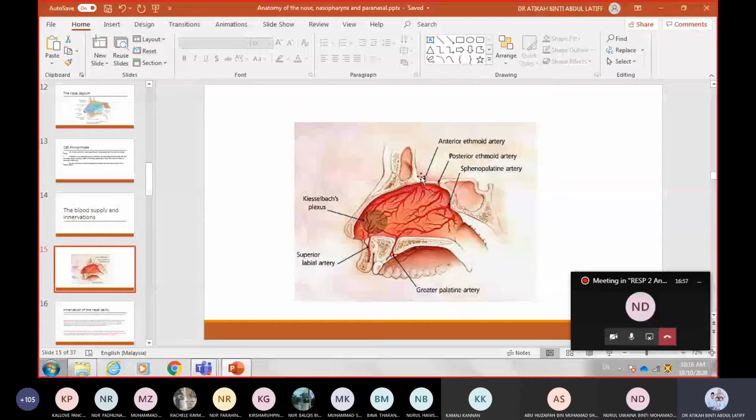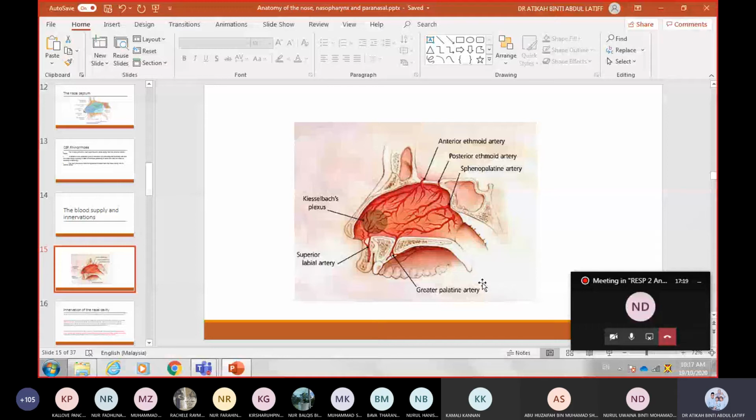So anterior and posterior ethmoidal arteries. Sphenopalatine, this is your sphenoid bone. This is your palate. So from your sphenoid to your palate, it's called sphenopalatine. The name is according to the bone where it originates. So you have your anterior and posterior ethmoidal artery, sphenopalatine artery, greater palatine because it comes from your palate, so